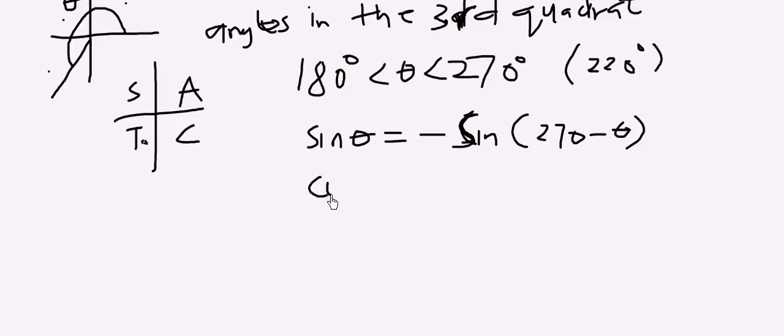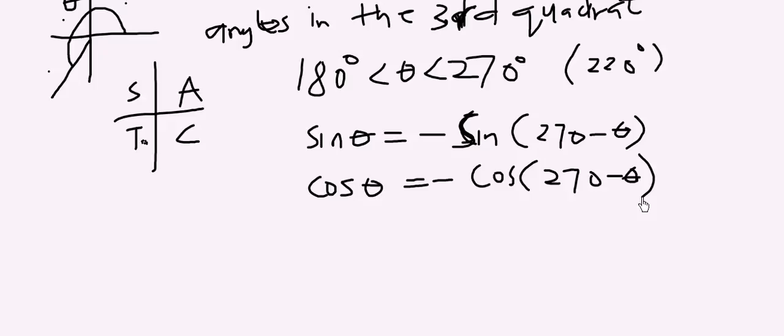Then we have cos theta as minus cos 270 minus theta, because cos is negative here. Or we have tan theta is equal to tan